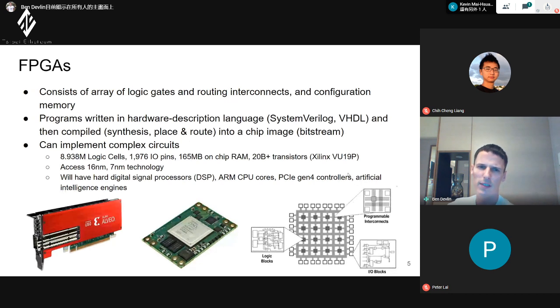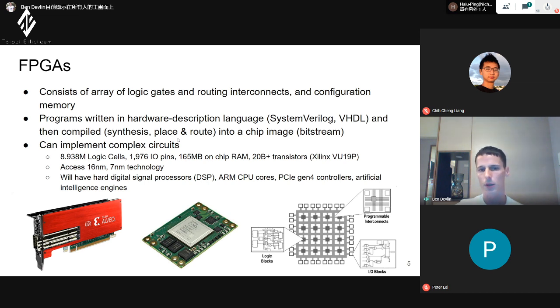At the basic level, an FPGA is just a lot of logic gates, routing interconnects, and configuration memory. And typically you would write it in a hardware description language, so SystemVerilog or VHDL. And then what happens is it's compiled. So it's similar to a software flow where you compile your binary, but instead of mapping to CPU instructions, what we're doing is taking our logic, mapping it to very basic logic gates like an AND gate or an OR gate, and then place and route.